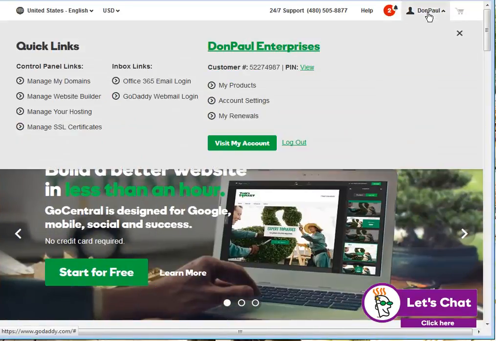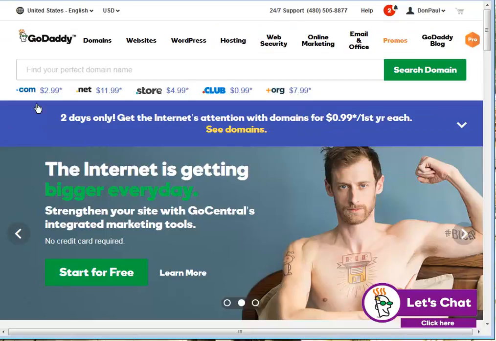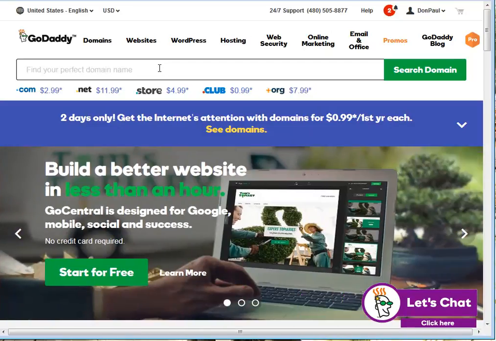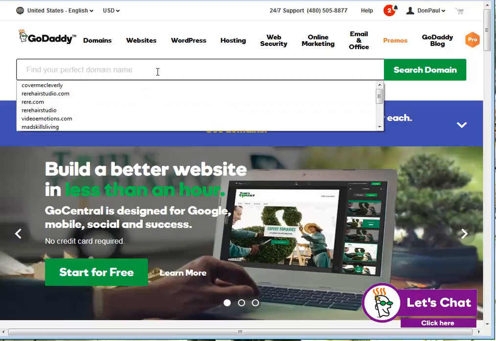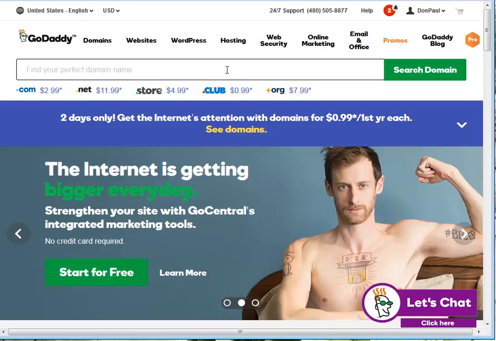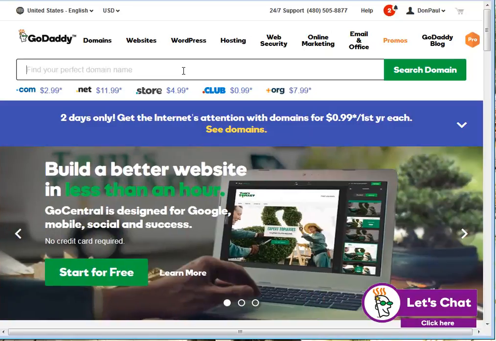So I'm just going to go into my account, which would happen after you set the account up, but it would pretty much be the same. You would put in the name of the domain that you hope to capture. You would put in all of the client's information. If you're not going to pay for the URL yourself, you put in all of the client's information, but then when it comes time to pay, you would put in a payment process, and then of course you would remove that. You wouldn't leave that in there, so that just that one bill would go through, and you would do that after the client's invoice has been accepted and paid,